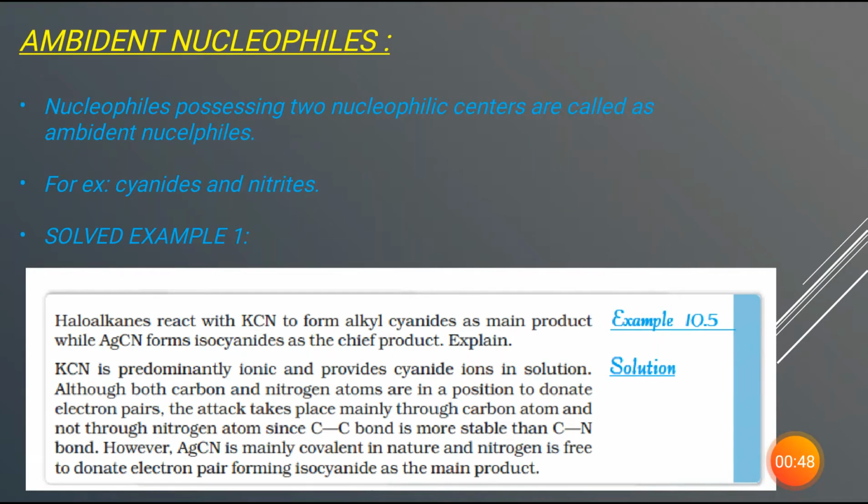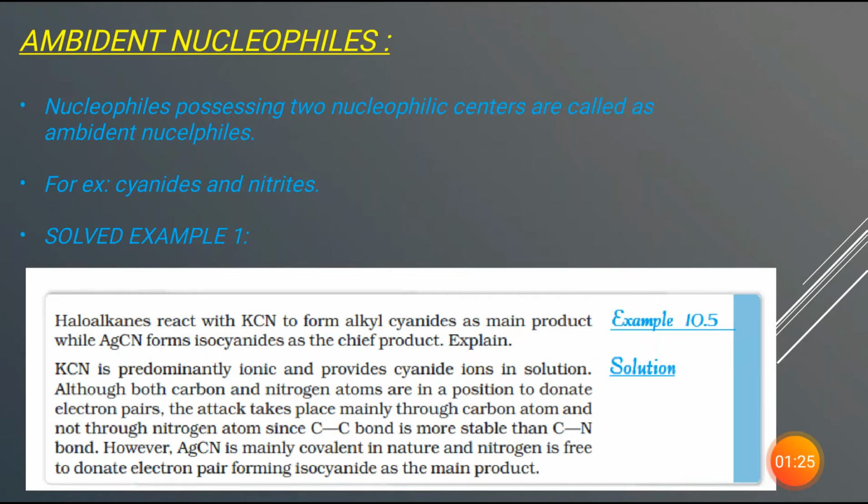So today we are going to talk about ambident nucleophiles. Today we'll see about SN1 and SN2 reactions, and make sure you stay till the end of the video because something interesting we are going to discuss. In the last class we spoke about reactions of haloalkanes. We started with nucleophilic substitution reactions. I showed you a table and gave you a question to solve. So watch my previous video and give the answer of that in-text question in the comment section. And please guys, stay till the end of this video. It's going to be very important and useful for your board exams 2021.